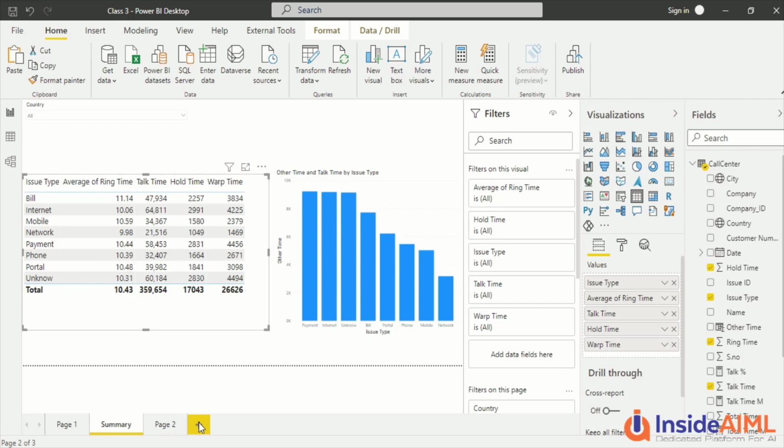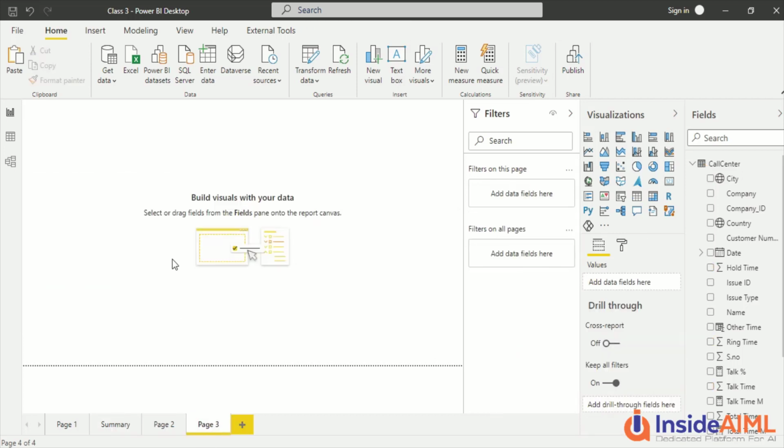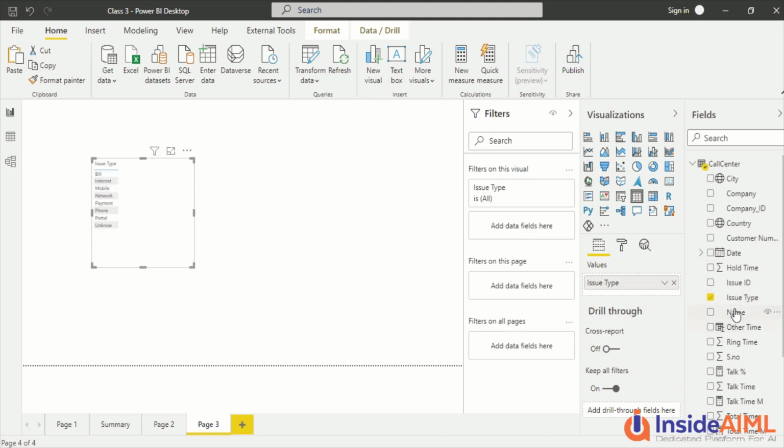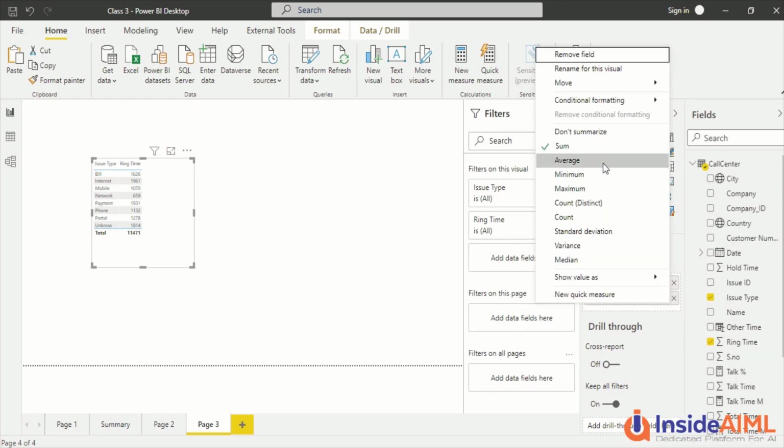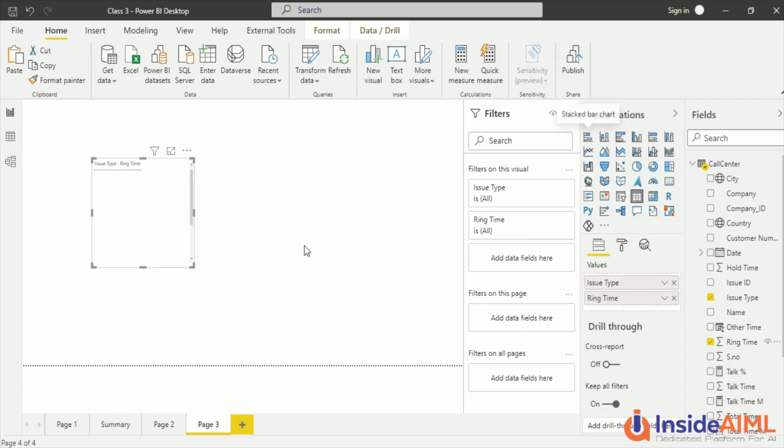To experiment with that, let's go ahead and put issue type, and with ring time, we'll make ring time unsummarized. We know we have duplicate values in time, so we'll say don't summarize it in this visual.